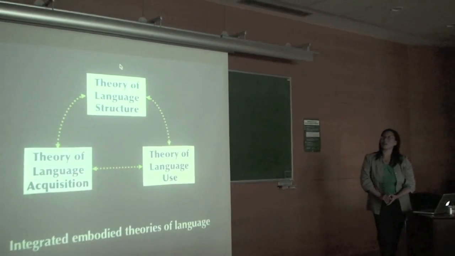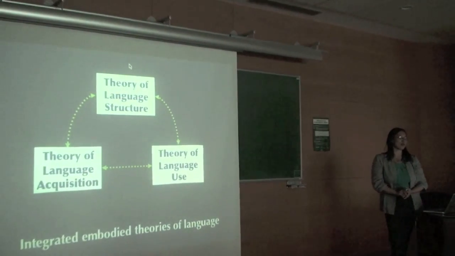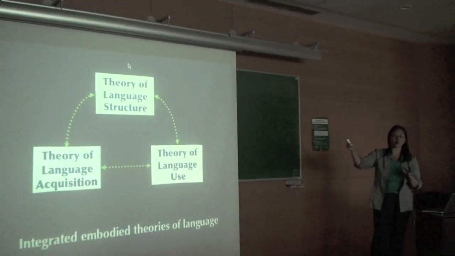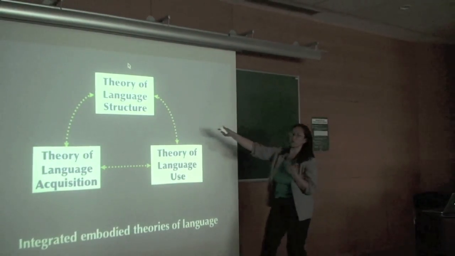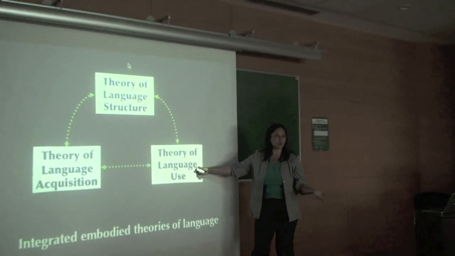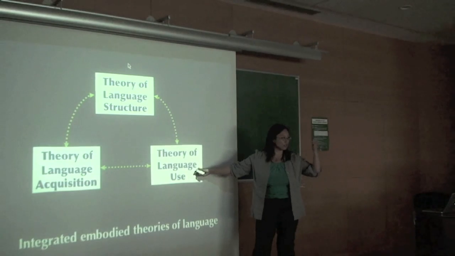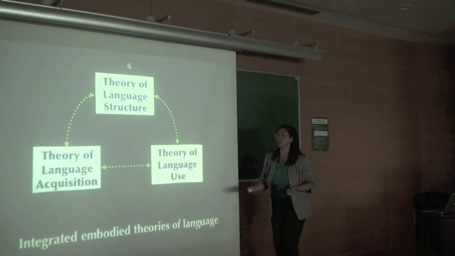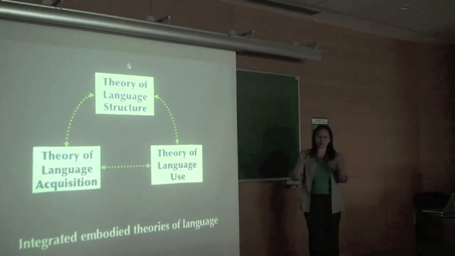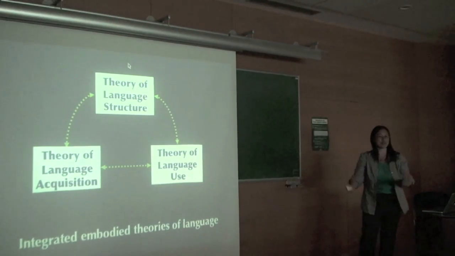Okay, so the larger picture. When you want to build a theory of language, what does that mean? Well, you need to know something about what you think the language looks like. What is the structure of language? The claim is also you would want to know how it's used. It's not just language in the abstract, it's used for comprehension, production, you do stuff with it. And then you have to learn it somehow, right? So someday, together we should be able to do this.